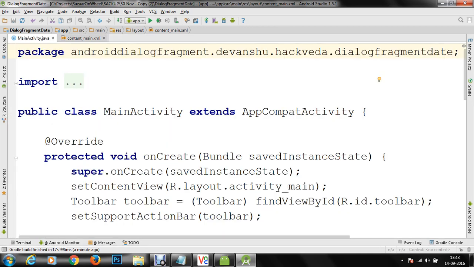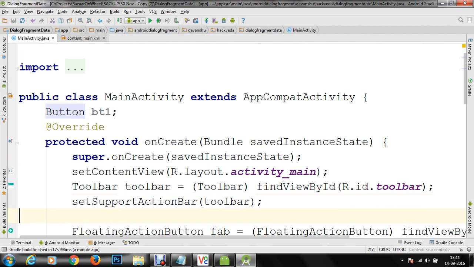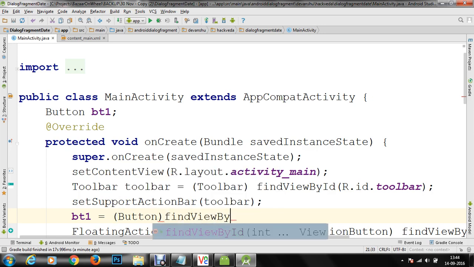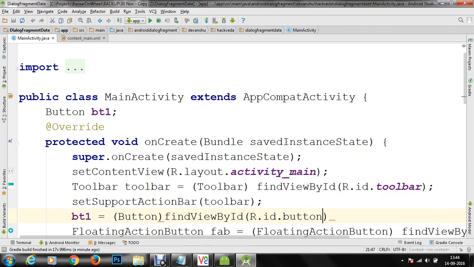In order to do that, we'll quickly go to the main activity, and here inside the main activity, we are going to create a button control, and I'm going to create an object BT1 for that. Let's press Alt+Enter on BT1. Within this BT1, we are going to typecast it into a button control. We are going to find the view by its ID, and we are going to refer to the control R.id.button.